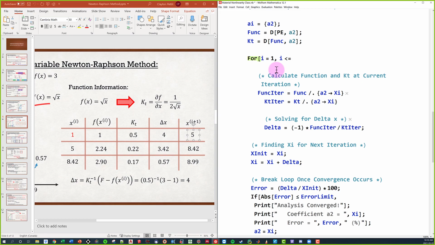So this is one of the things that we also have to specify. We don't want to go forever. Because what happens if it doesn't converge? Then Mathematica is just going to try and recalculate the same thing over and over again. So what we actually should specify is a maximum number of iterations, so that if it's not converging, Mathematica says, okay, we're going to stop. It hasn't converged. No results. So max number of iterations, and we're just going to go I++.